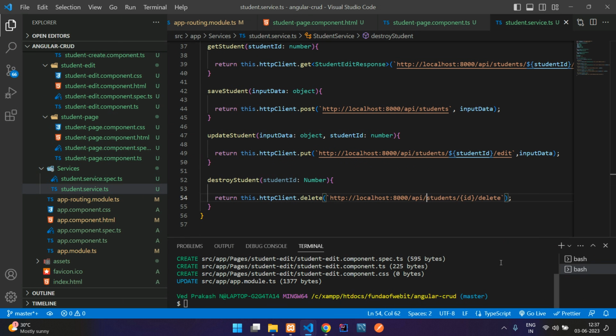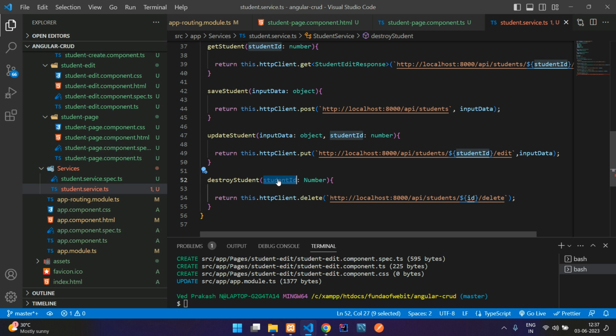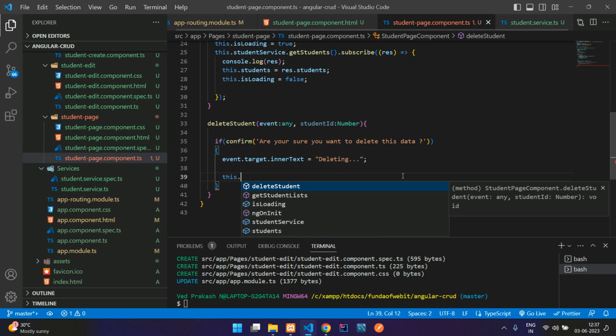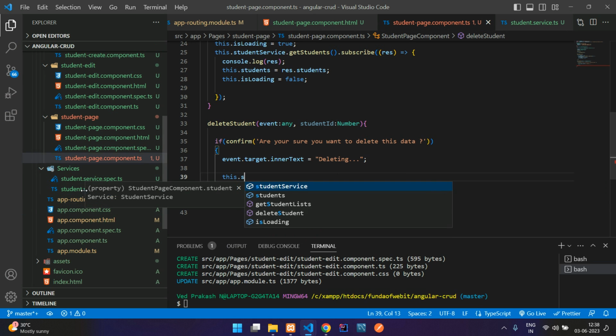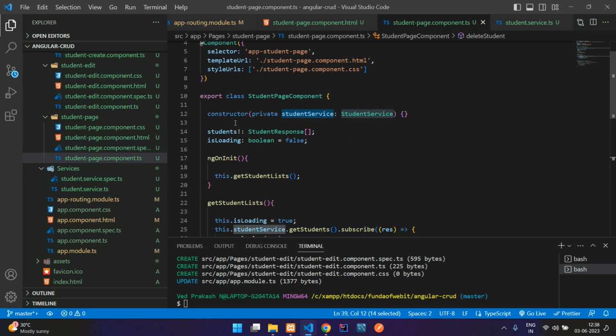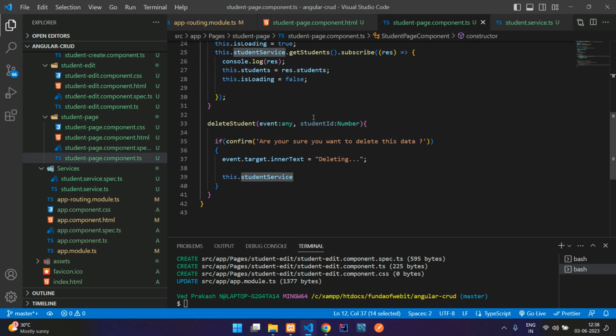Here you paste API forward slash student, and then inside the curly brace, before that add a dollar symbol, so it will be in editable format. And now you copy the student ID and pass it here. And now let us copy this function and get back to the student page component at the delete student function. So now this is my student service. I have already imported the student service. Let me just show you that. So here in the constructor, I have imported that student service. Okay. So we'll copy this